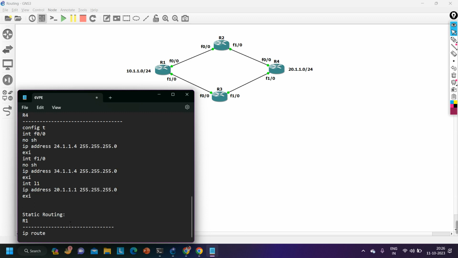Should I configure a static route for the 24 network, the network running between router 2 and router 4? Tell me. Should I configure routing on router number 1 for the 24 network? Not required, sir. Only the next hop we can point out. Right, the 24 network is not required on router number 1, because router 1 is not going to ping any IP address from the 24 network. So here on router number 1, only the